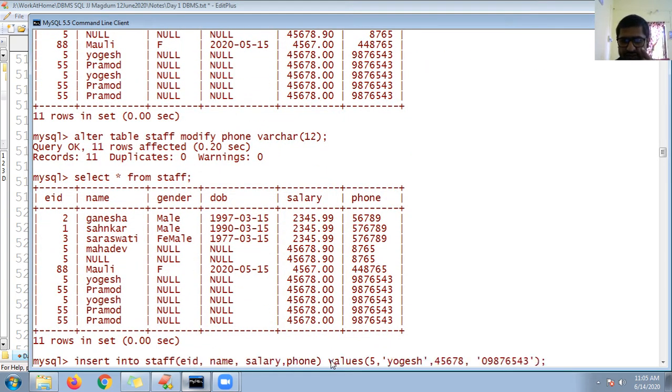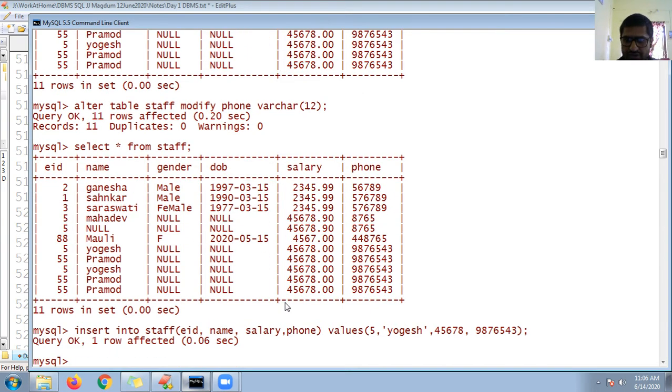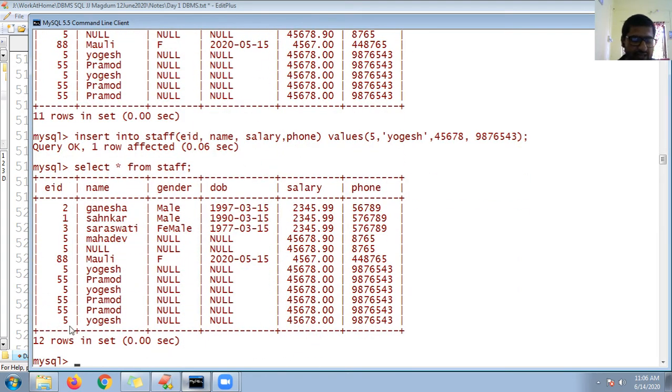Now I'm trying to insert the values, without 0 first. Now you can see here that phone is of type varchar, right? If you don't get the field, I'll show you. So it is inserted now. Let me select star from the table. You can see the last record inserted, 5 Yogesh.